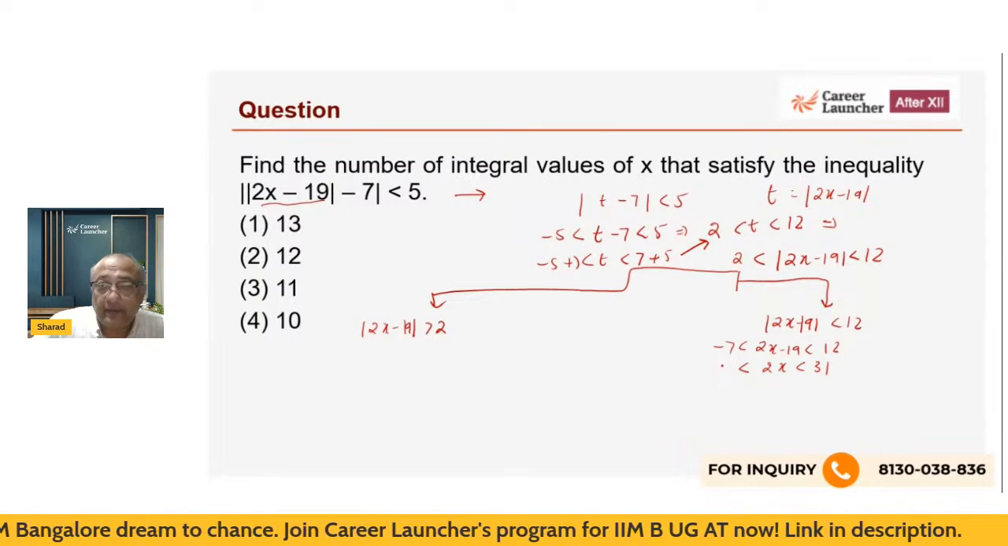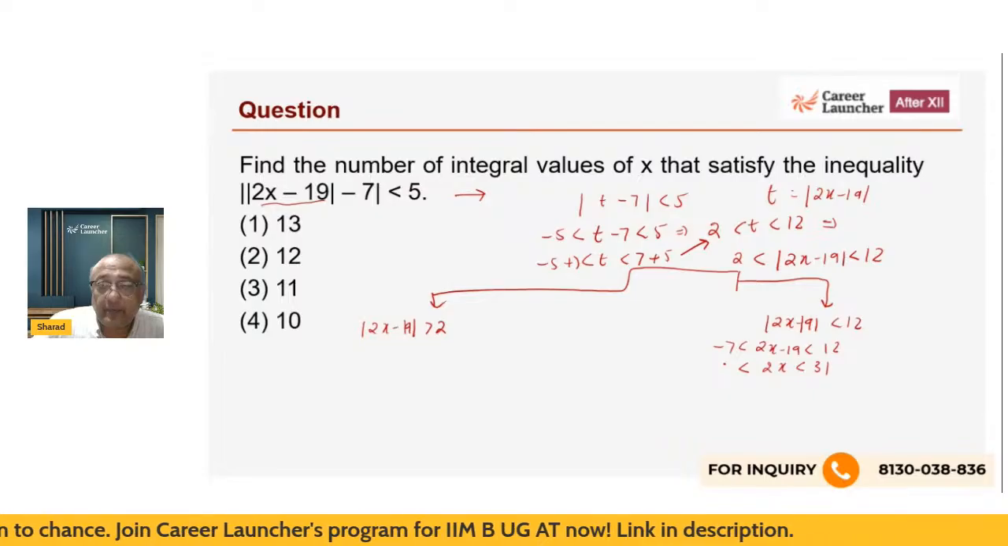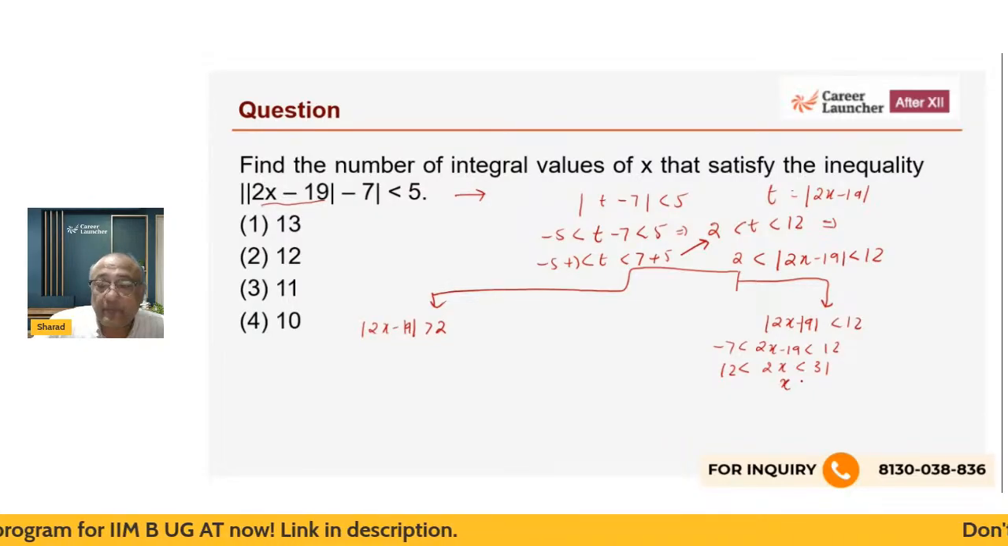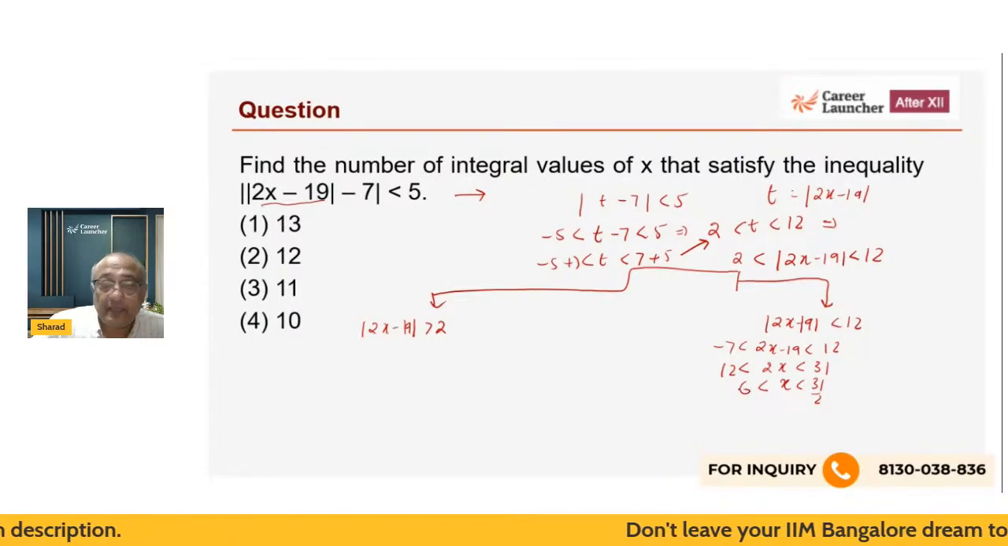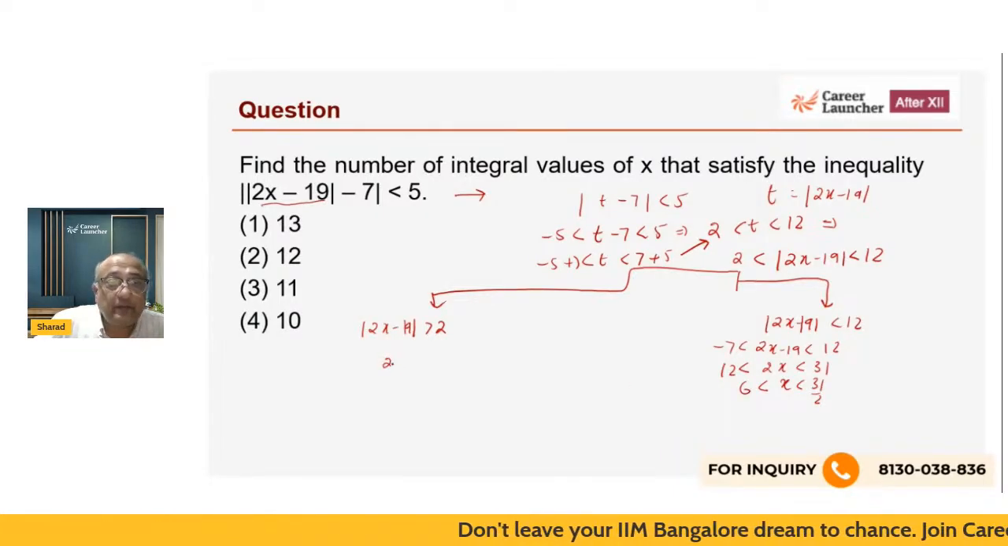We have 19 will come here. 19 minus 7, this is 12. So this x is between 31 by 2 to 6. Similarly, let's solve here. 2x minus